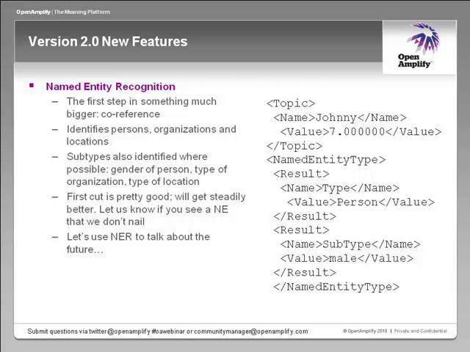But NER, as we have now released it, does its best to identify persons, organizations, and locations. It'll also try to identify a subtype. So if it's a person, it'll try to tell you that person's gender. If it's an organization, it'll try to differentiate, for example, between a political organization or an educational organization or a commercial company. In the case of locations, it'll try to discern the difference between a state and a city. These are the starting points that we've brought out in this version of NER. And our first view of it says it's pretty good. We think it's going to get a lot better.